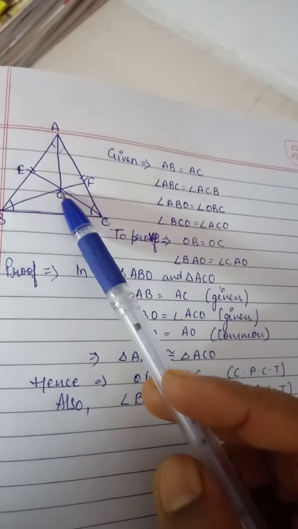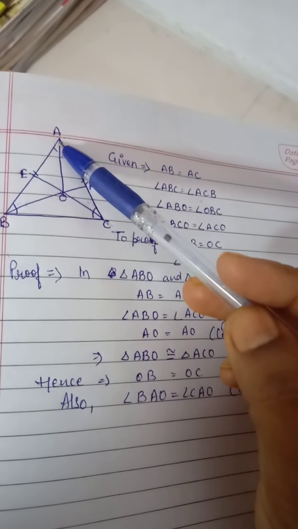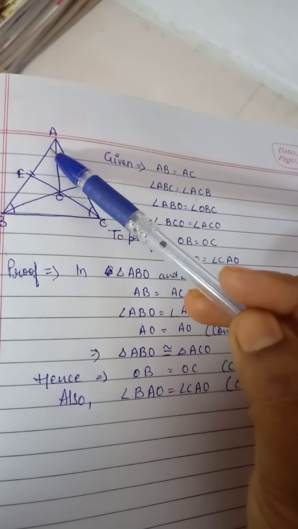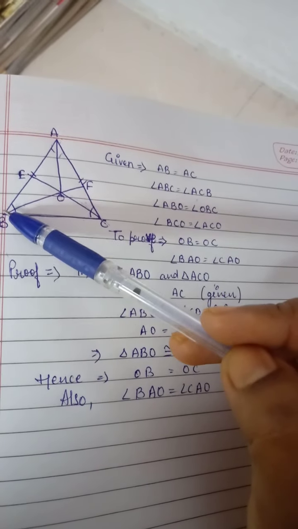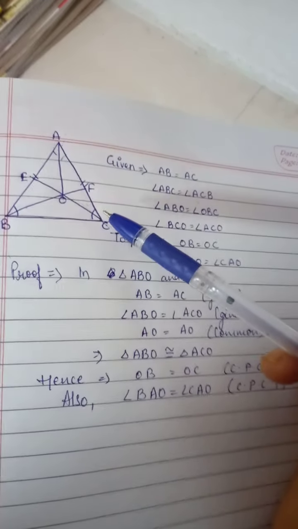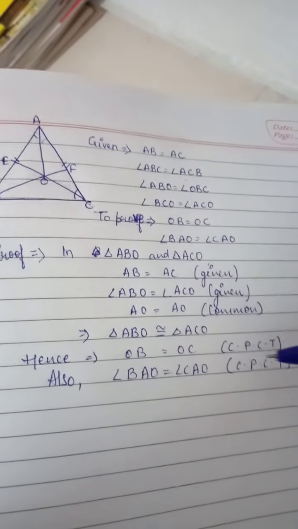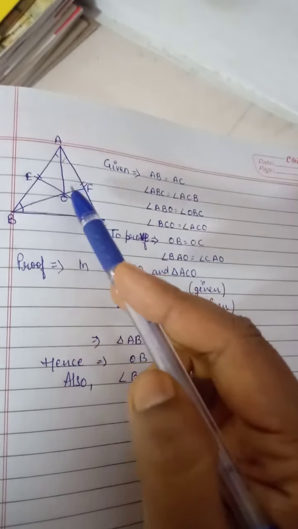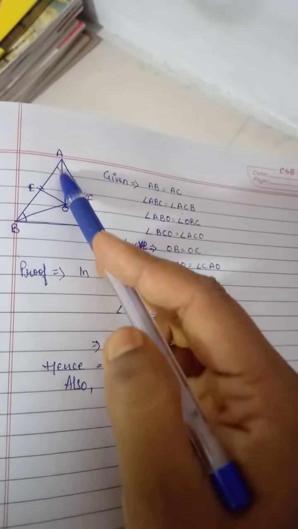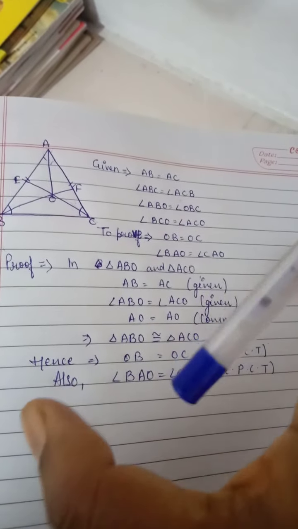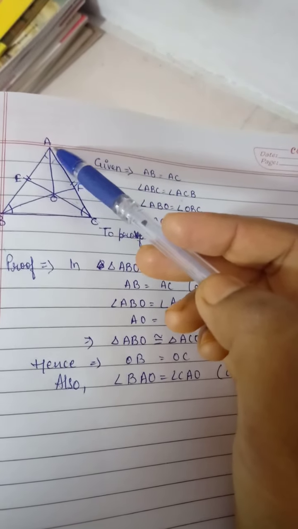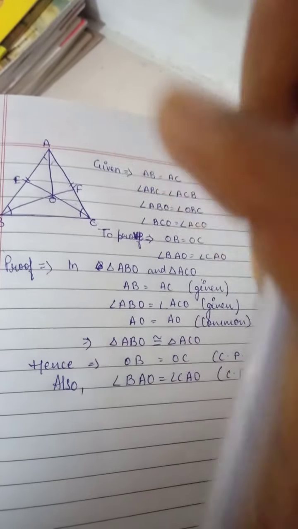As we have already proved that the triangle ABO is congruent to ACO, it means this is equal to this one, means angle BAO is equal to angle CAO according to the CPCT. If these two are equal to each other, hence this line OA, or AO, you can say AO because AO is written in the book, so this line AO bisects the angle A. Okay, it is proved.